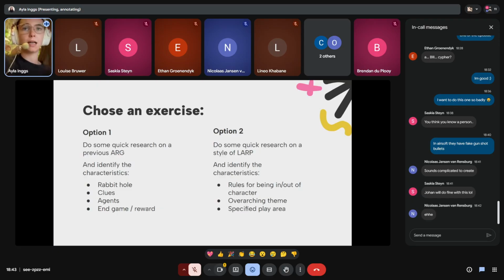You can just do this in a small PDF, and then one of you or a few of you can present this. You don't have to put your camera on. You can just use your mic, preferably a mic. Typing this out and me reading it is not going to be fun.